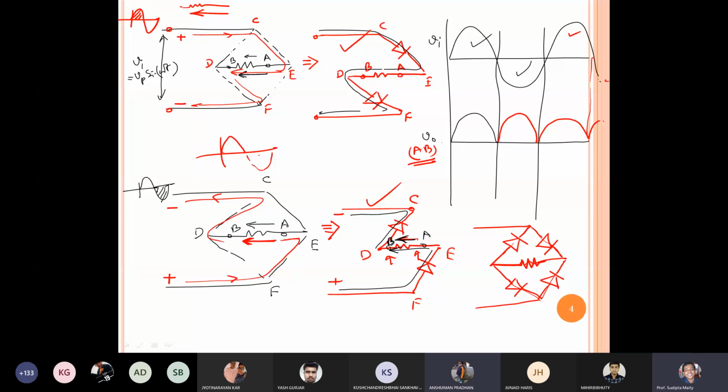We have placed the diodes, and in each case we use two diodes. So why only in each kind of configuration? That's why you are using 4 diodes. For each case we are using 2 diodes. Let me explain another thing where you will find we use only one diode to rectify a circuit. It depends on circuit terminology, what kind of circuit you want to draw. Here we discuss the bridge kind of circuit. That's why we use 2 diodes to rectify one half cycle.